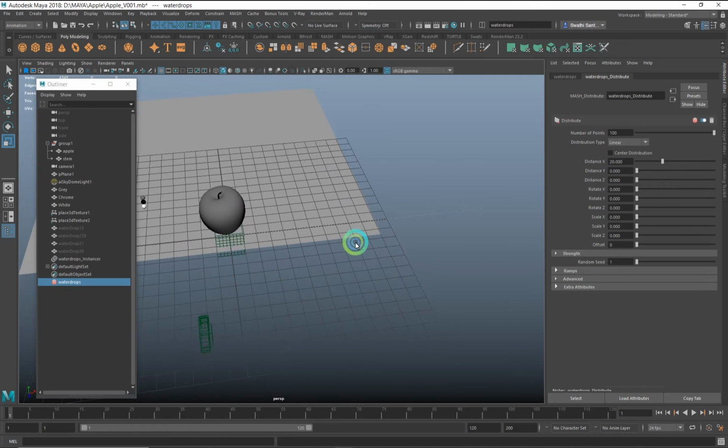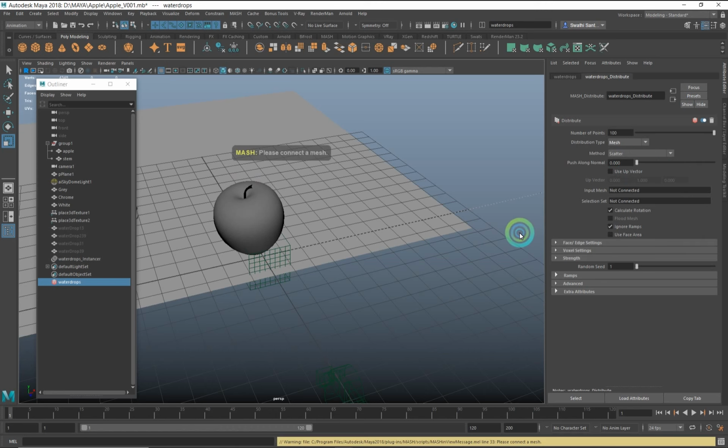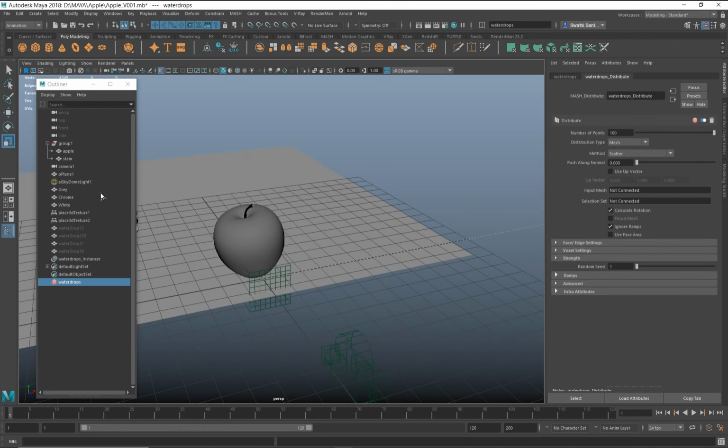So what we need is to instance these meshes onto the surface of the apple. For that, we change the distribution type to mesh, and we have to connect an input mesh on which the instancing will happen. In our case, it's the apple.